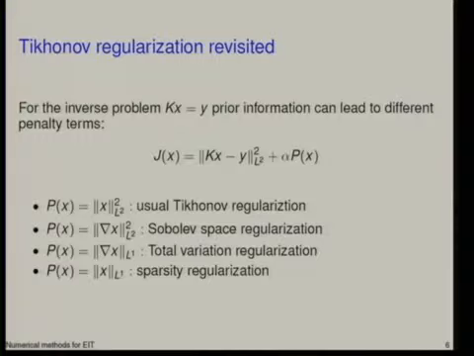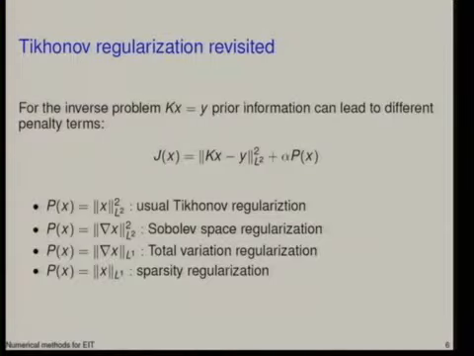The typical choice would be to have this penalty term as an L2 squared norm, like this here, and then we're in the framework of the usual Tikhonov formulation. You have the same Hilbert space here and there, and the approach that Bastian was talking about, applying the K star to this equation, adding alpha times identity to the problem and then doing inversion, will solve the problem immediately. So this is pretty well understood.